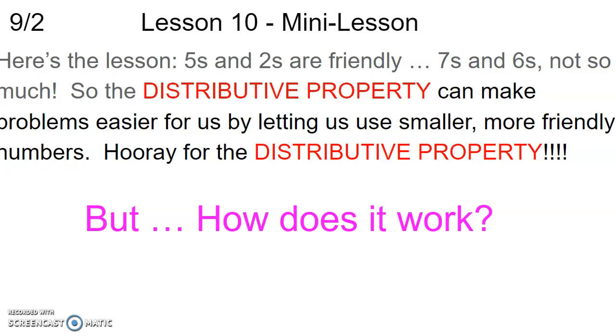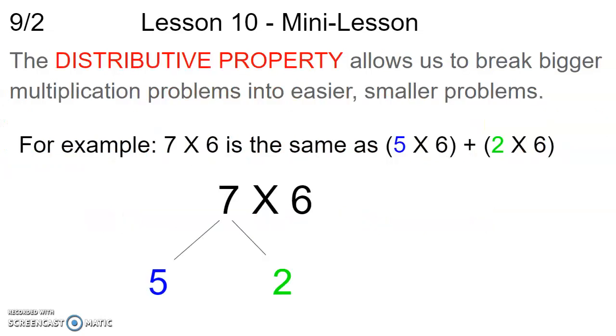But how does it work? Let's take a look back at our model here. We know that 7 times 6 is the same now as 5 times 6 and 2 times 6, but how? Well, I'm going to choose one factor to break up into friendlier numbers. I could have chosen the 6, but in this case, I think the 7 is a little less friendly than 6, so I want to break up the least friendly number into more friendly numbers. So I chose to break the factor 7 into 5 and 2,